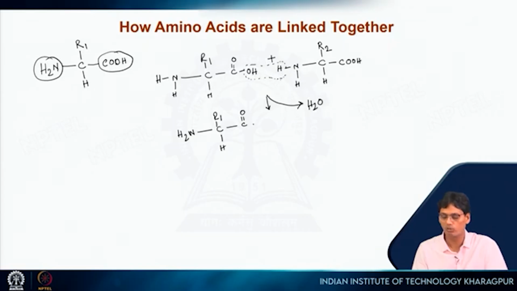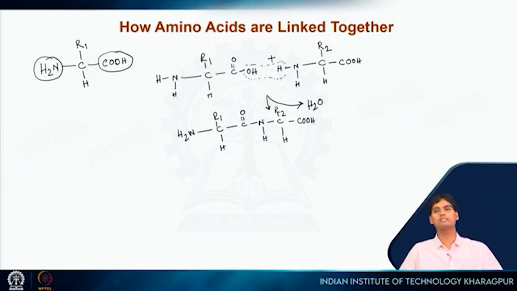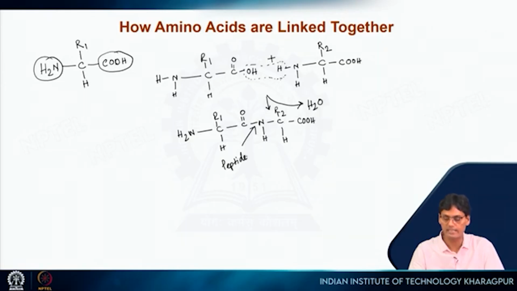As a result, what we get here is N, H, C, R2, H, COOH. Now you can see these two amino acids are attached together, and this bond is called a peptide bond. I discussed so many things about the phosphodiester bond when we discussed nucleic acids, but this is the peptide bond, and by this